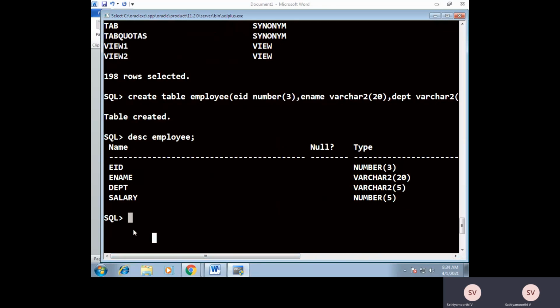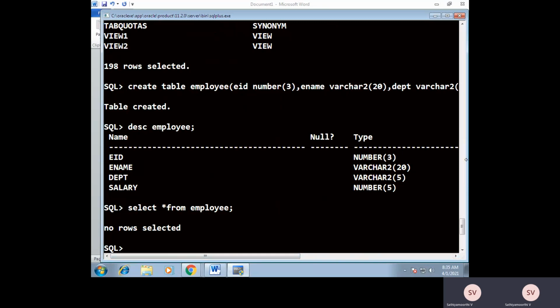Okay, now I'm practicing the first command. What is the command? The insert command. Okay, say for example, I'm executing the read command, the select command, select star from employee. Let's check what the output is. No rows selected. Since there is no record so far, we have not yet inserted any record, so it will display the output as no rows selected, empty table. The table is empty. That is why we got this output, no rows selected.